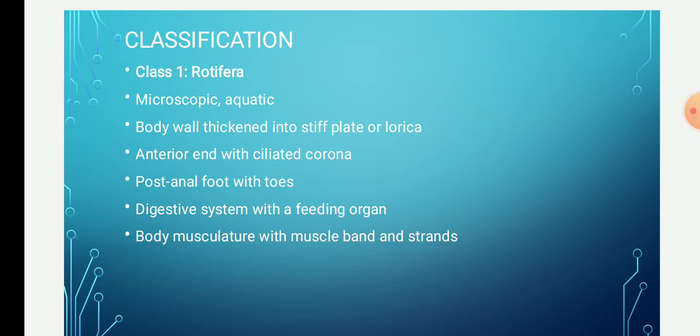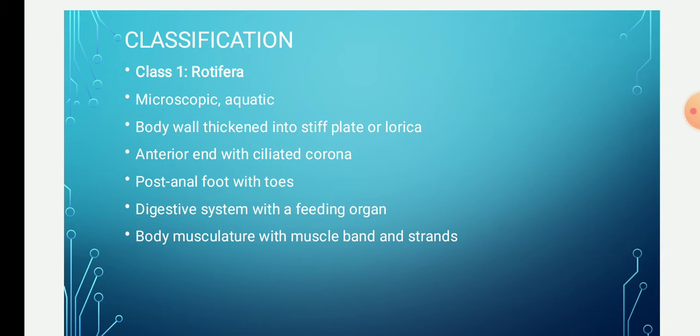Sensory organs are in the form of antennae and eye spots. They will have minute, small eye spots on the head. Then the males are smaller than the females, and they show parthenogenesis. Parthenogenesis is very common in class Rotifera; it is reproduction without fertilization. In order to conserve energy, parthenogenesis helps them, because it is one of the adaptations they have acquired for survival.